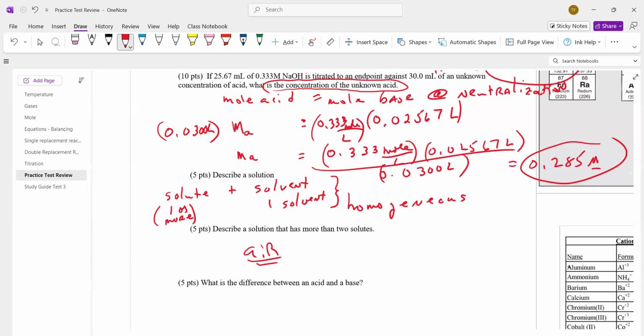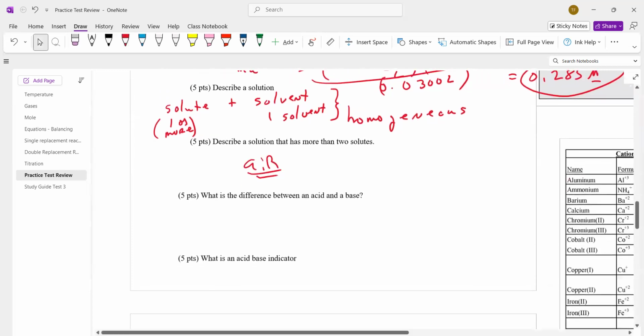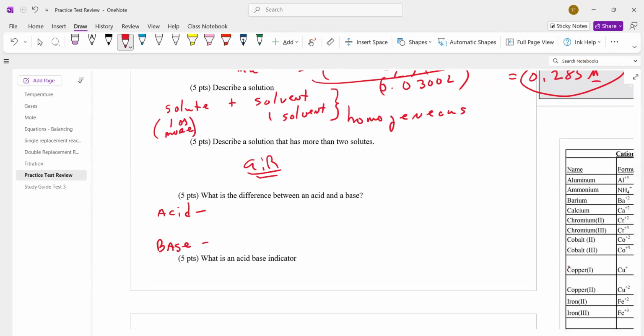And what's the difference between an acid and a base? Okay, acid. An acid dissociates an H plus. A base dissociates an OH minus. And that's from